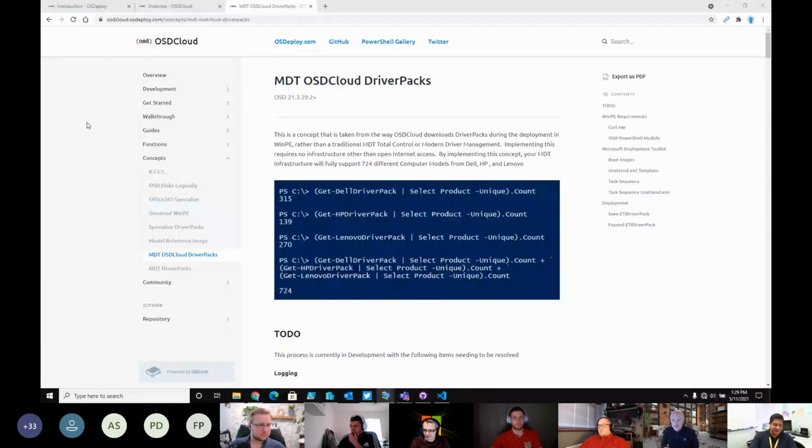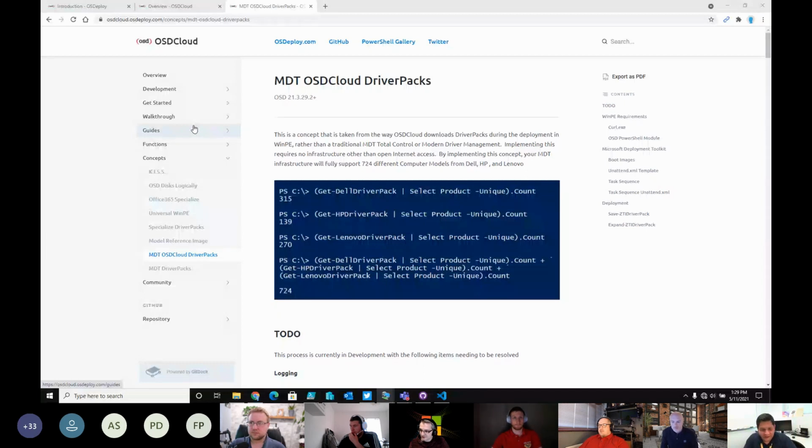There's some other stuff in there like injecting cloud drivers, which I'm looking at putting into OSD Builder. So there is going to be some stuff coming from this. But I'd like to also hear what you guys are doing with it because that's the only way I can make it better and improve it. It was really thrown together last minute.